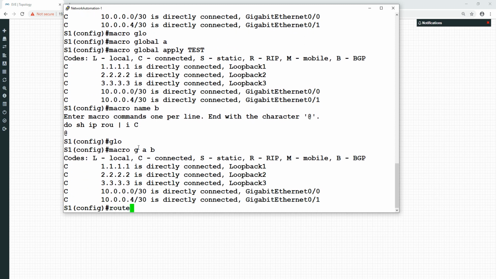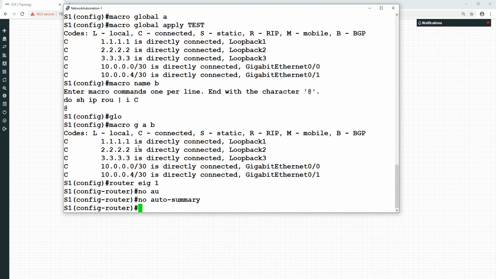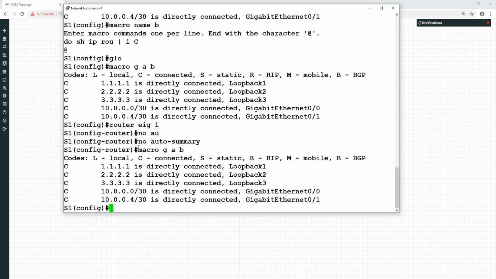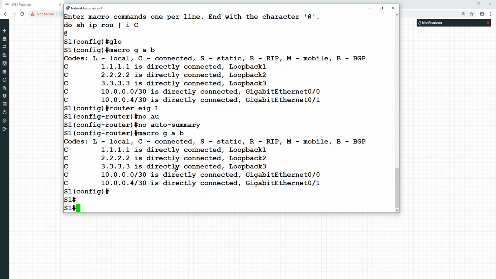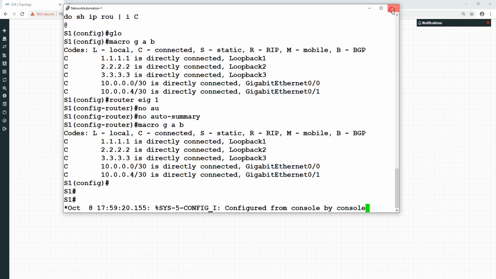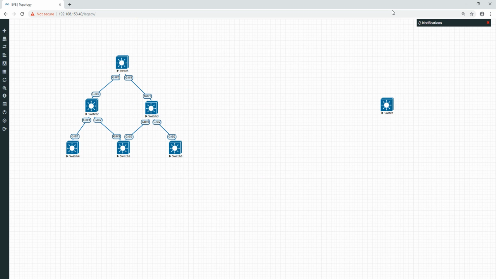So much easier. So I can do router EIGRP 1 no summary, macro GAB, and I can get that and start doing my configurations. You know what I mean? So it's not too hard to do that. It's quite simple. But here's the magic with this stuff, okay? So if you want, you can actually